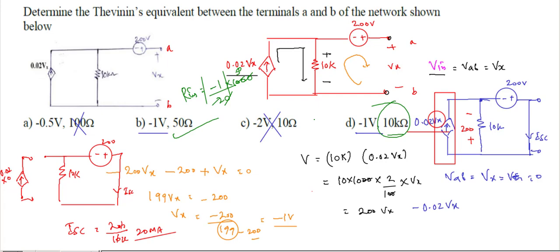Okay, so in case you have a dependent source and an independent source, find VTH and ISC, then find the RTH. Here, make it simple. Vx equal to 0 means simply this is 0. So the dependent source is a current source, current is 0 means it is an open circuit. You remove that branch, then it is easily calculated.